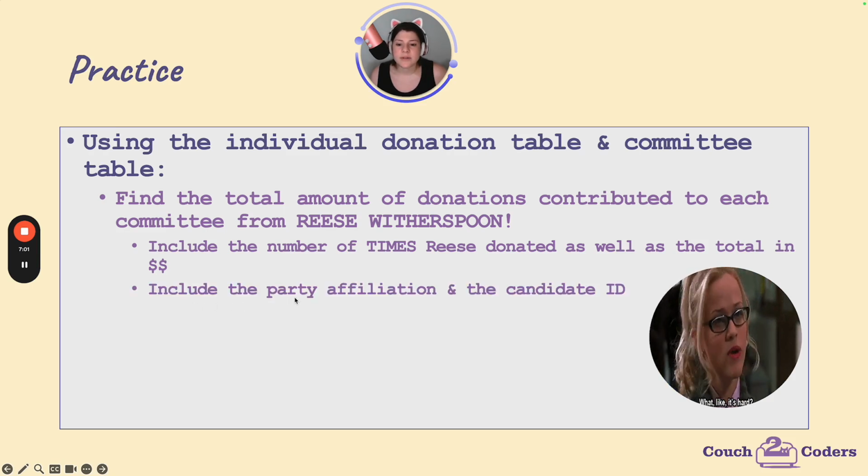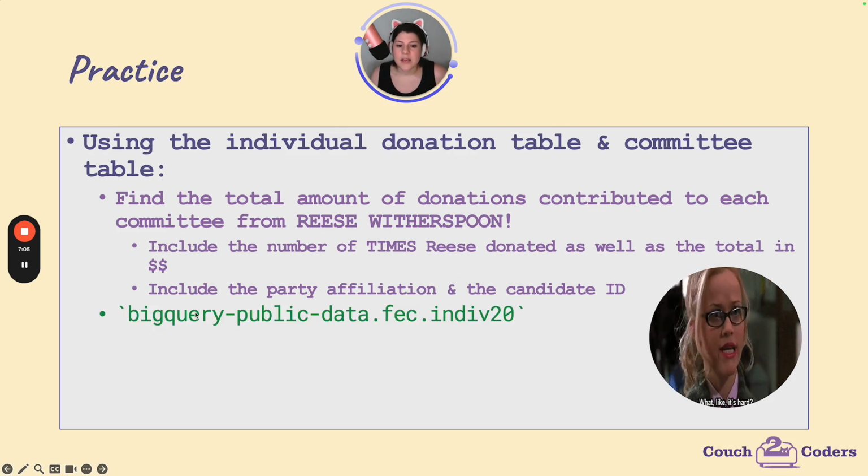We want to include the party affiliation and the candidate ID. So the two tables that we have is the BigQuery individual table